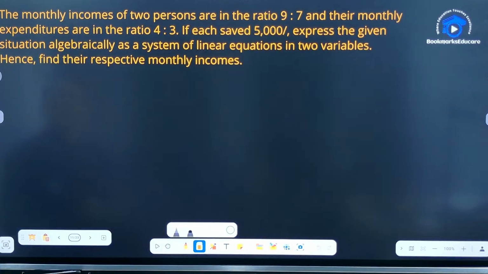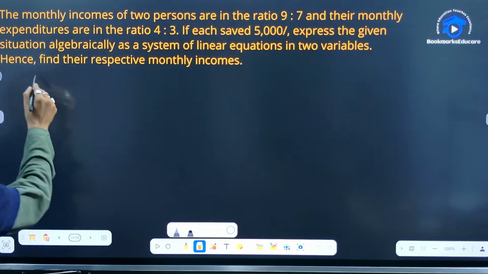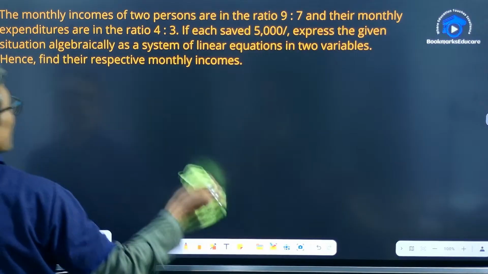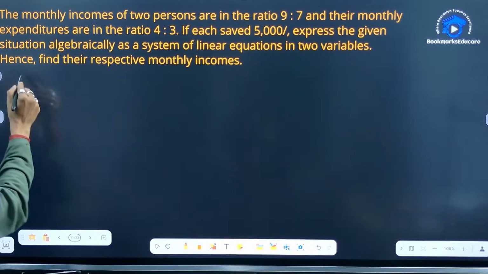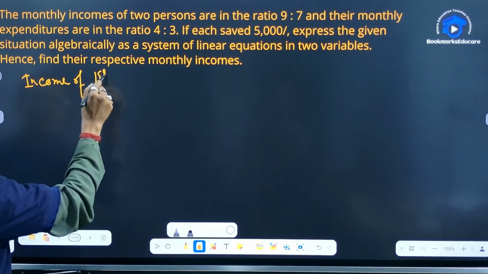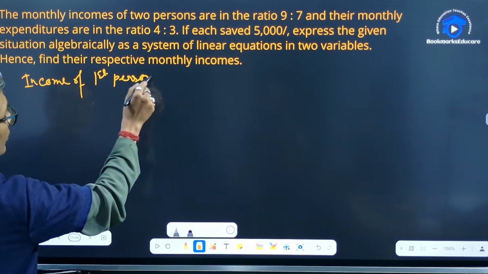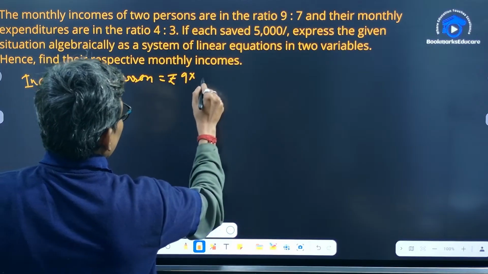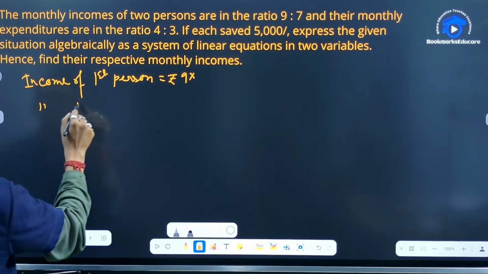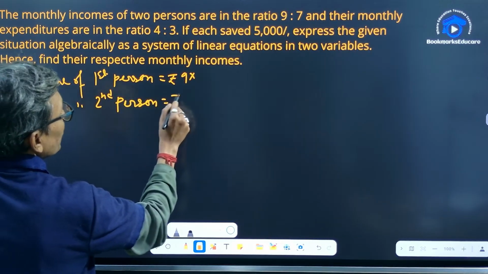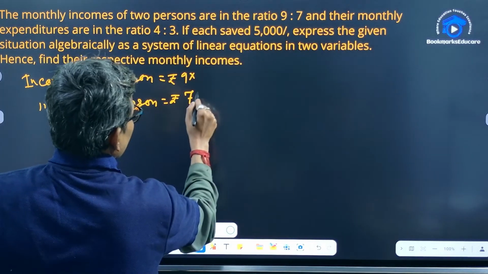Let us assume that the incomes of the two persons are: income of first person is rupees 9x, income of second person is rupees 7x,